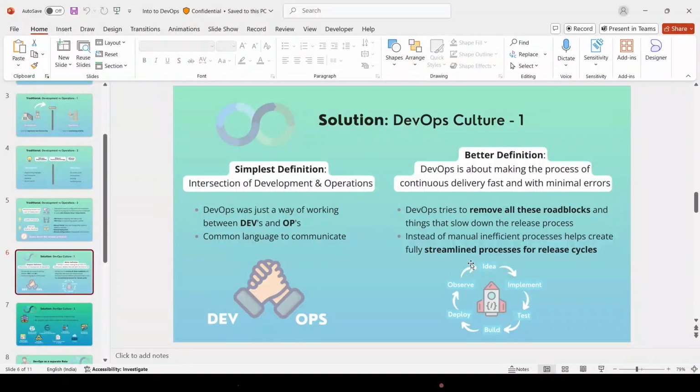So initially we will have an idea. See, the idea is from the client to create an application. Then they will implement, and once they implement, the development will happen, and they will test it in the testing team. Once the testing team approves, it will be built, and then once it is built, it will be deployed. Where will it be deployed? It will be deployed in the prod, test, and different environments.